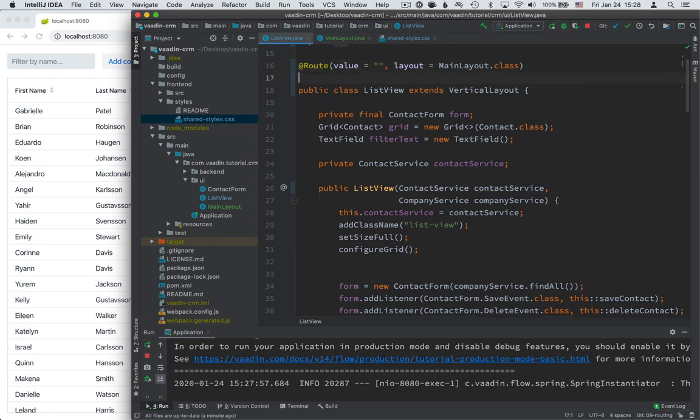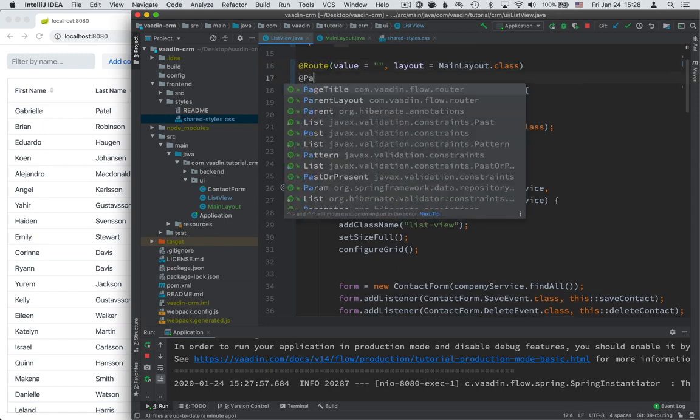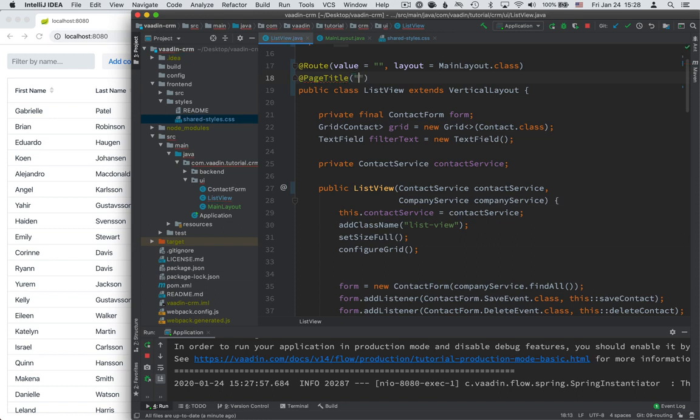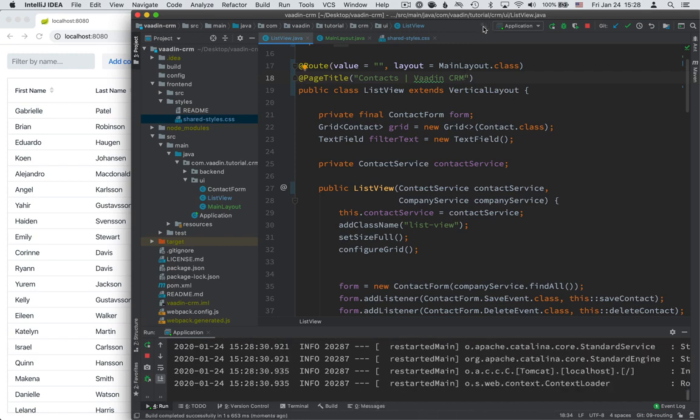And while we're at it, let's add a page title. So let's give this a title like Contacts, Vaadin CRM, like so. All right, I'll build it. And hopefully if things go well,